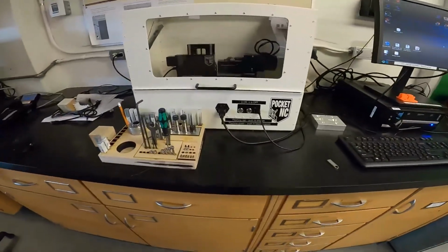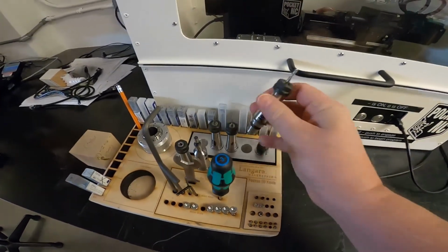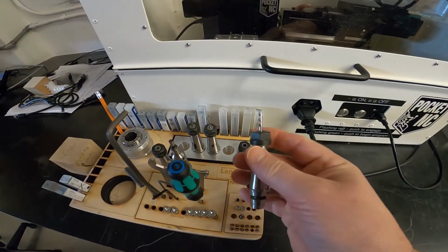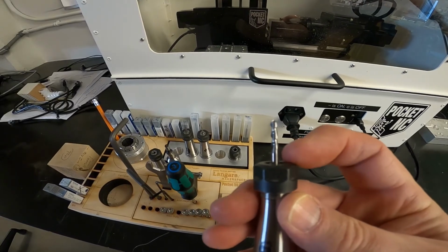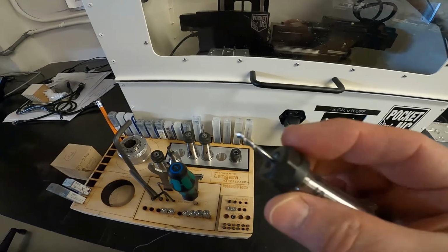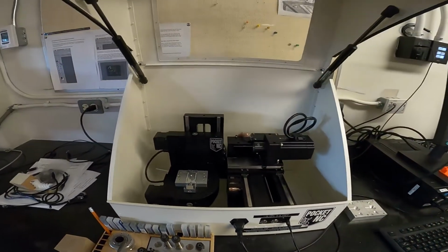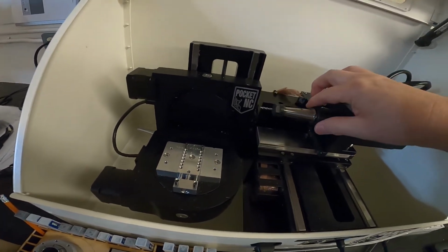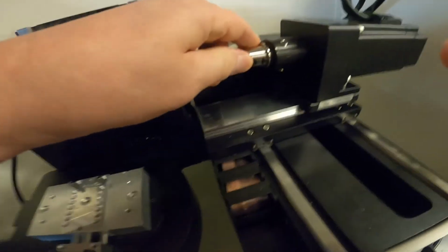So now we're going to go over to the Pocket NC. Now here's the tools. All your bits are going to be lined up here. And I've installed this like our instructions, 0.75 of an inch out of the collet. So that's ready to insert. We're going to lift the cover up on this, and we're going to insert this in. You're going to see there's 3 tabs here, and we're going to put this in so it lines up with